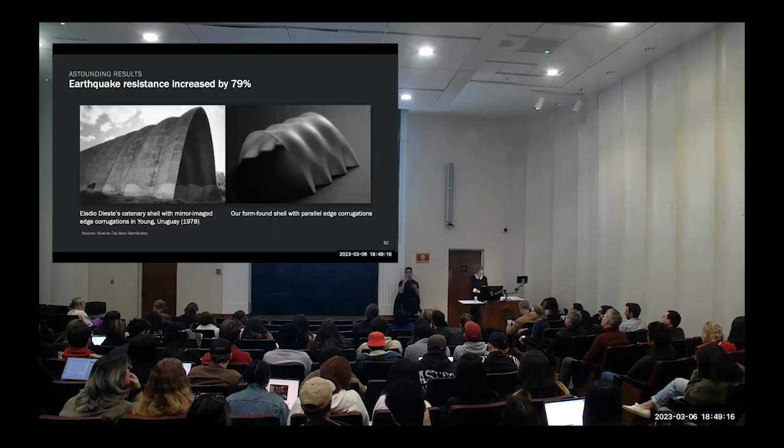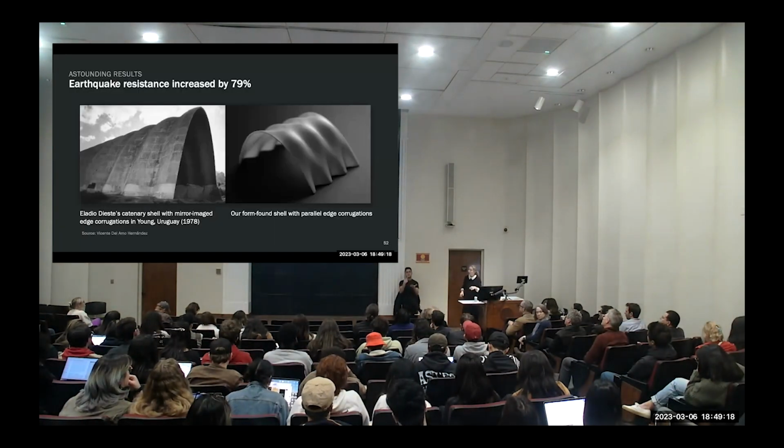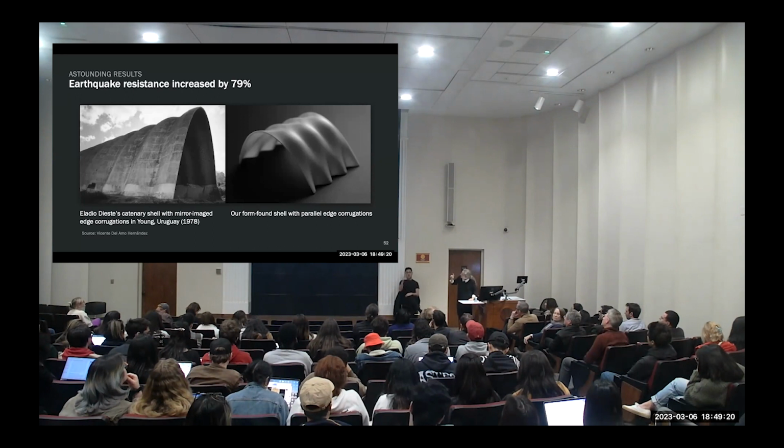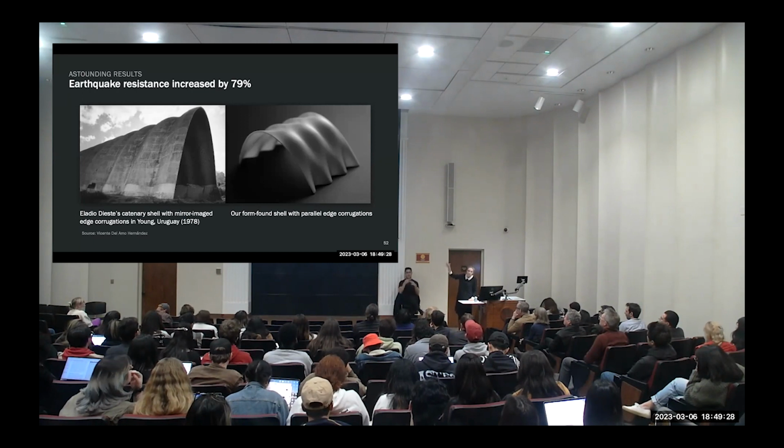and supposedly this is then supposed to be very good for earthquake loading. First of all, you might say, I've never seen a shell like that before. But actually in 1978, Adriaenssens in Uruguay built a corrugated shell like this. This is not an iconic shell, it's not a Frank Gehry shell. It was a shell built as a warehouse to store grains, right? So it's a very cheap structure.